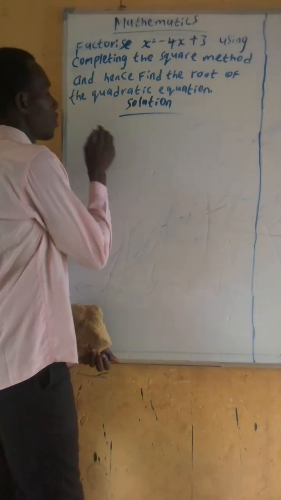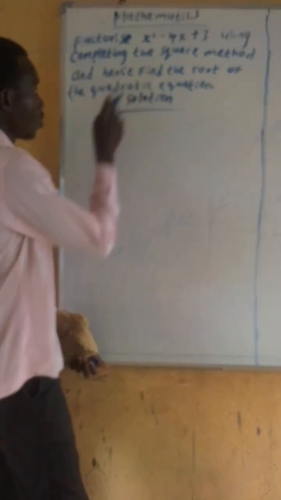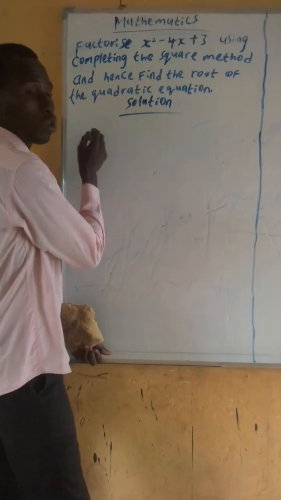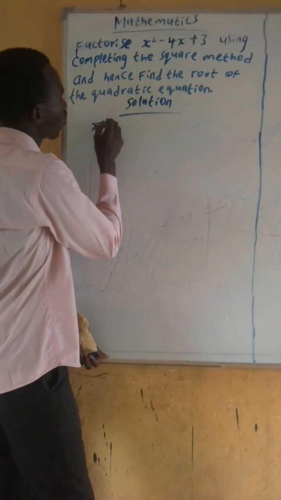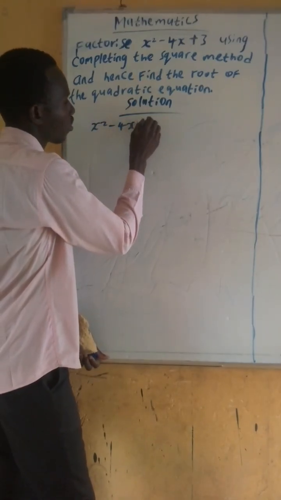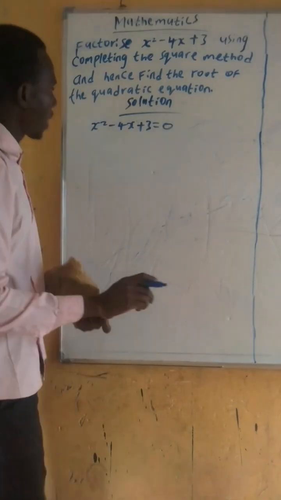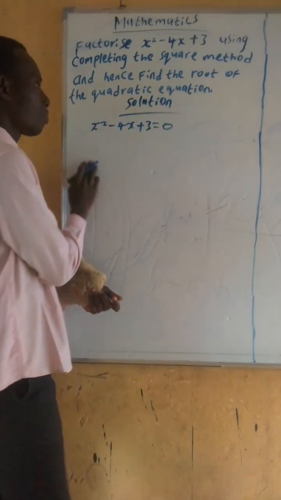So the first thing to do is that we are going to set this quadratic equation to be equal to 0. So we have x squared minus 4x plus 3 equal to what? 0. Are you getting it now? Now having set it,